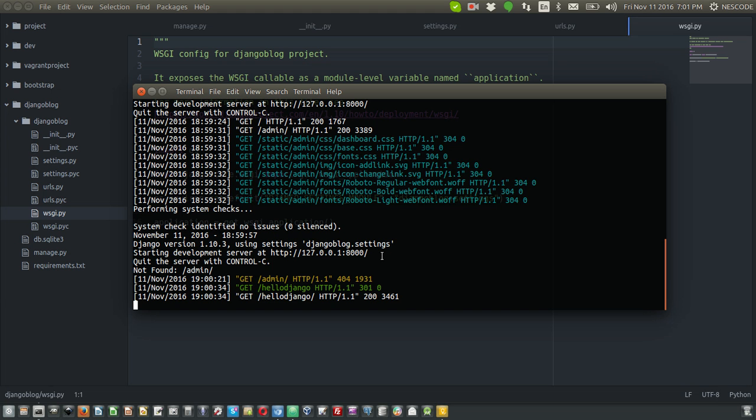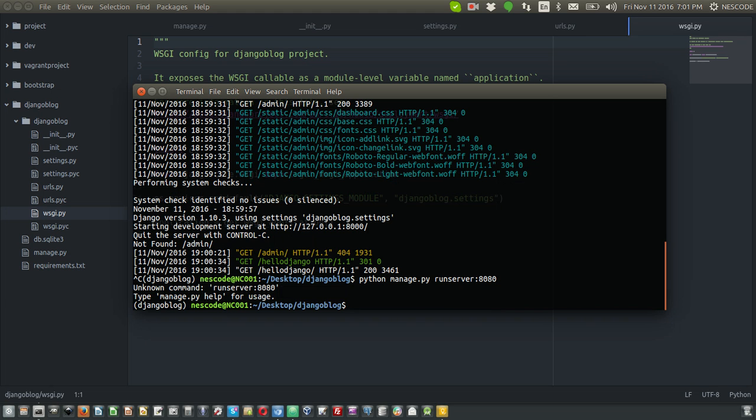This port, if you want, you can define a custom port. Let's say if you want to run your server on 8080, you can give python manage.py runserver and then 8080